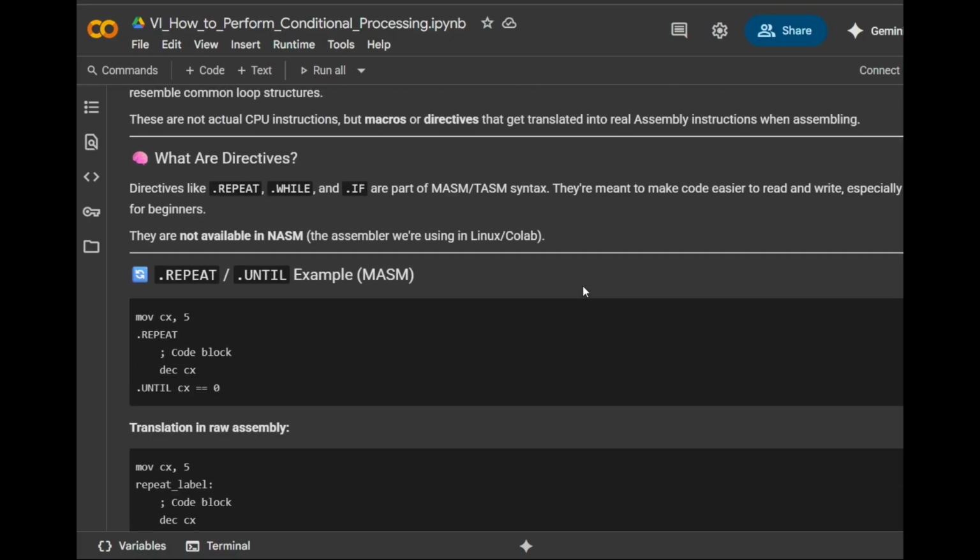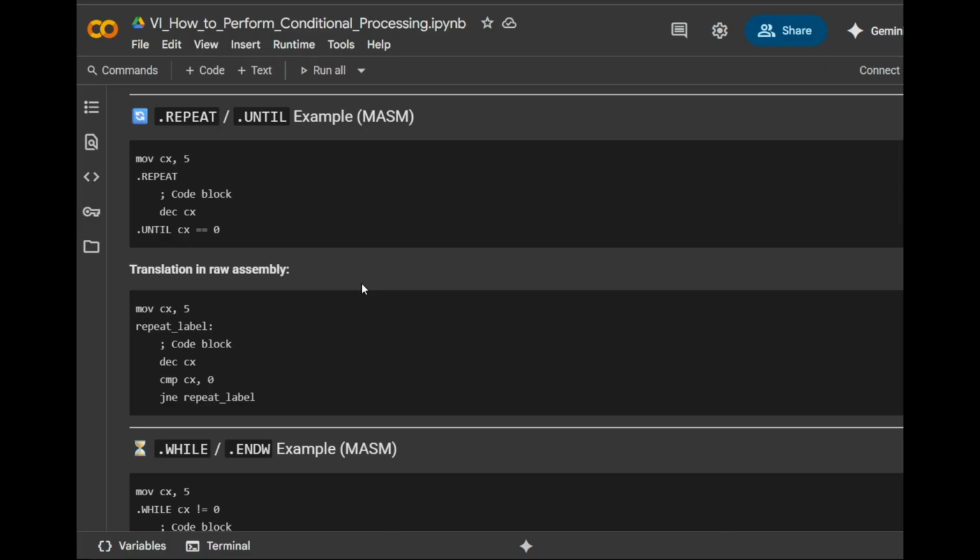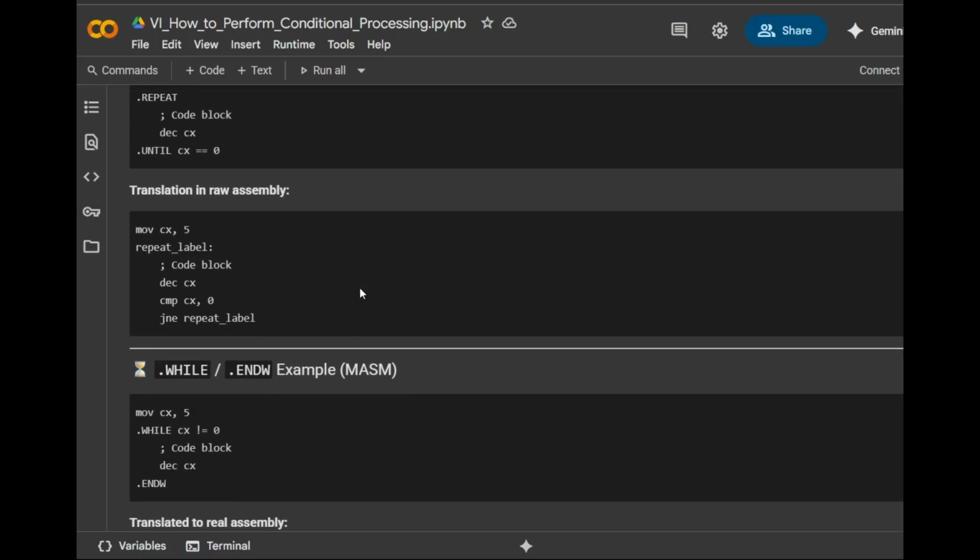For example, a .repeat until loop in MASM might look like this: MOV CX, 5, .repeat, some code, DEC CX, .until CX = 0. The assembler would translate this into a label, the code block, a decrement, a compare instruction, and a conditional jump. Similarly, a .while loop in MASM,